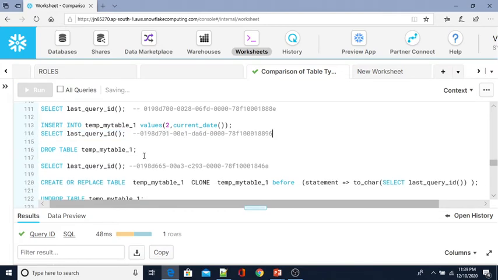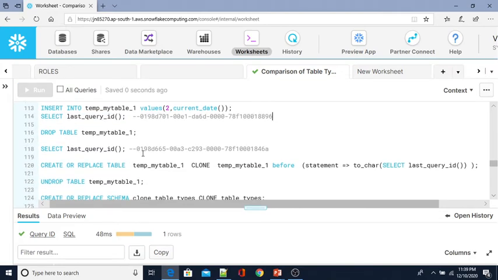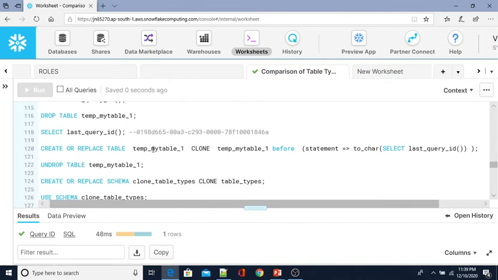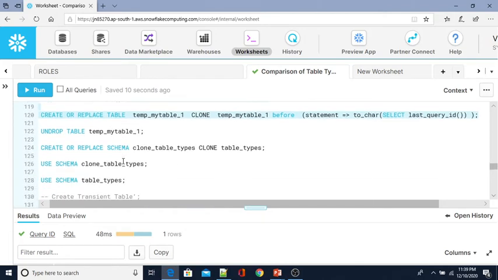Now, time travel is disabled, so it has no meaning. For this, what we can do is clone the table.